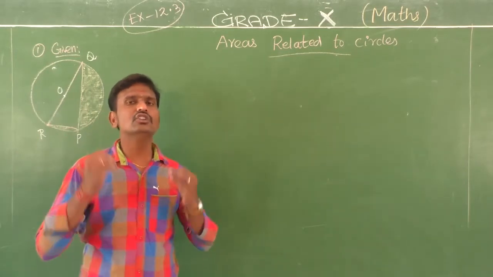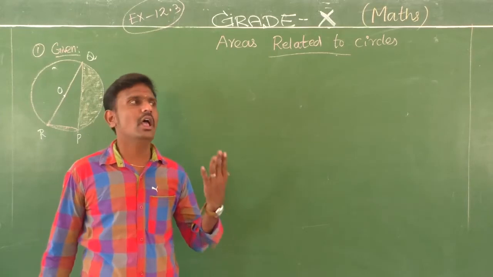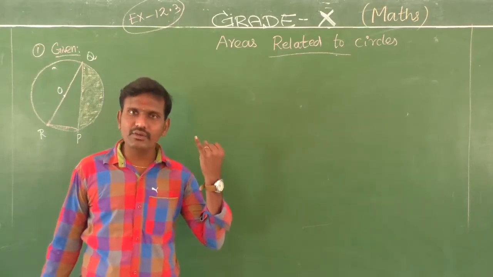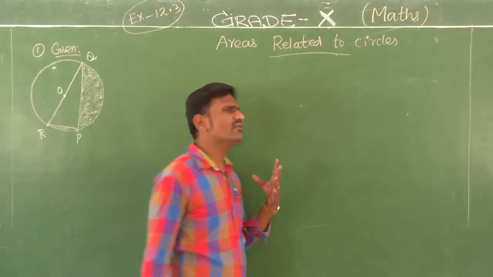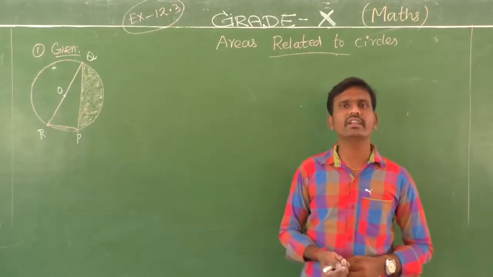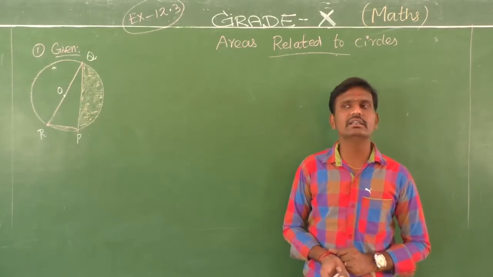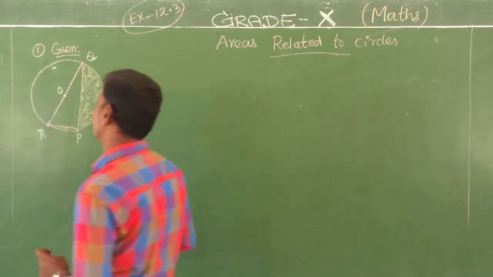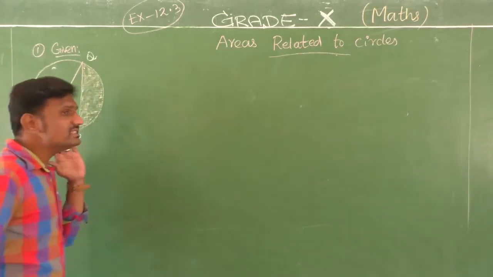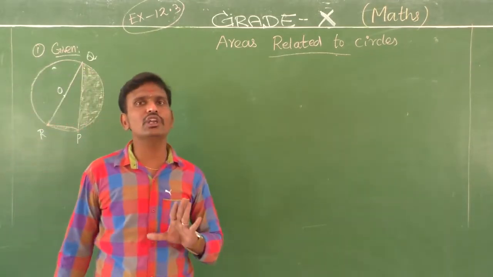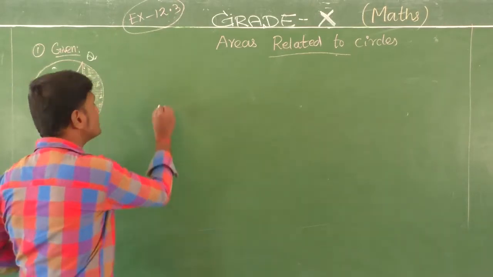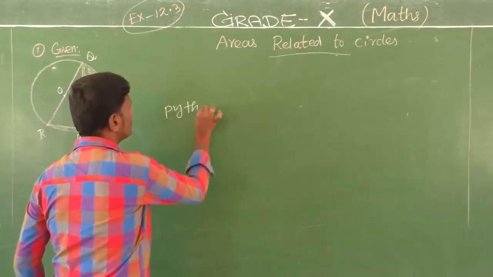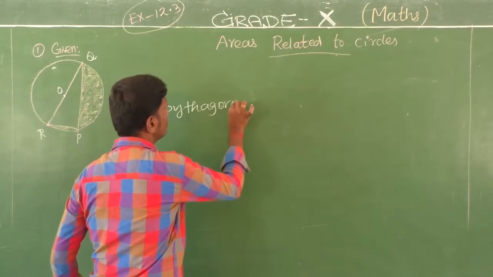Yes, students. So you want to recall all the formulas. All the formulas mean area of a sector, length of arc, and area of a square, rectangle, equilateral triangle, normal triangle, and all. Yes. Okay. Now in this exercise, the new thing I want to revise for you is from your 9th portion. Yes, students, the topic name is Pythagoras theorem.